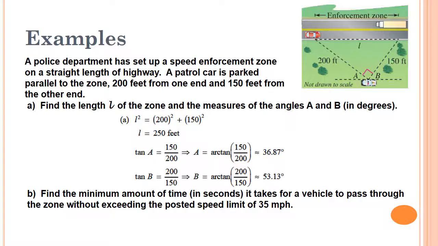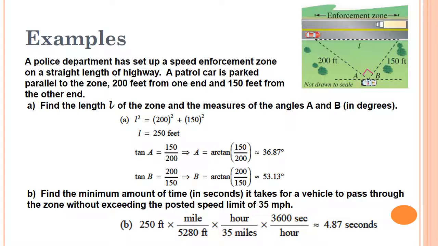So for L, all we need to do is use the Pythagorean theorem and find that it is 250 feet. We will then use the tangent of angle A and get that it is 336.87 degrees, while angle B is 53.13 degrees. Since it is 250 feet from one end to the other, we need to convert that to miles. There are 5,280 feet in a mile, and then we need to consider that the speed limit is 35 miles per hour,